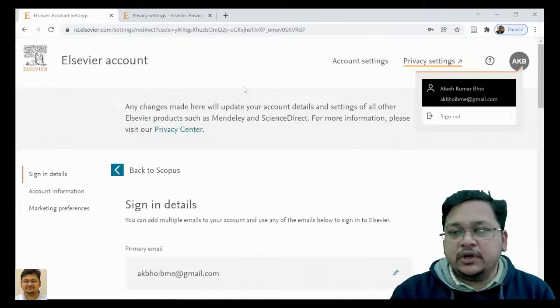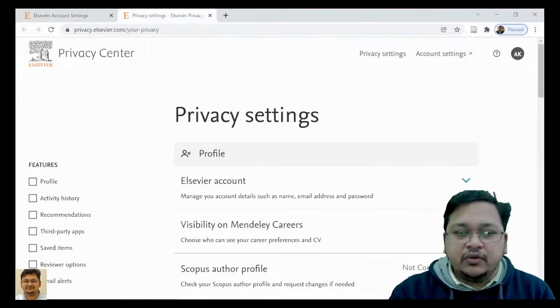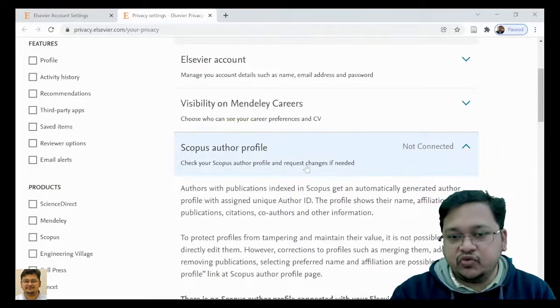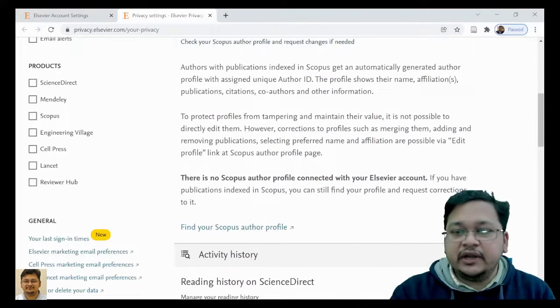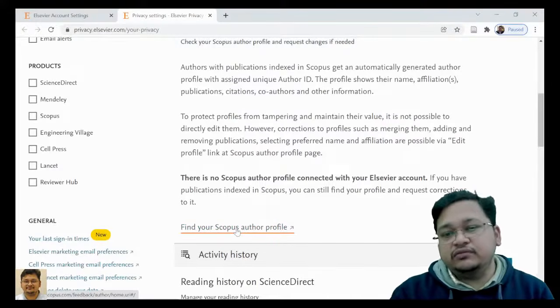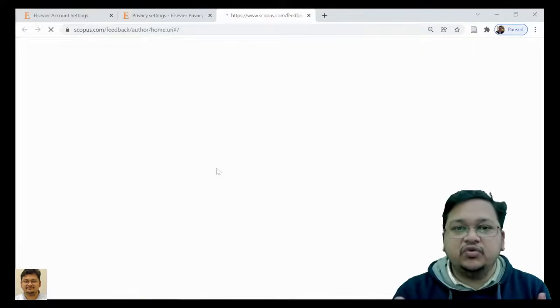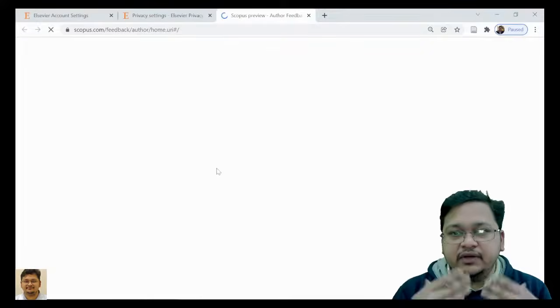So if you want to check the privacy settings, you can click on this particular link and it will take you to this page where you can see now. Here it is mentioned that my profile is not connected. So what I have to do is I have to give a search, मैं सर्च करूंगा और फिर मैं उसको इसके साथ कनेक्ट करूंगा,